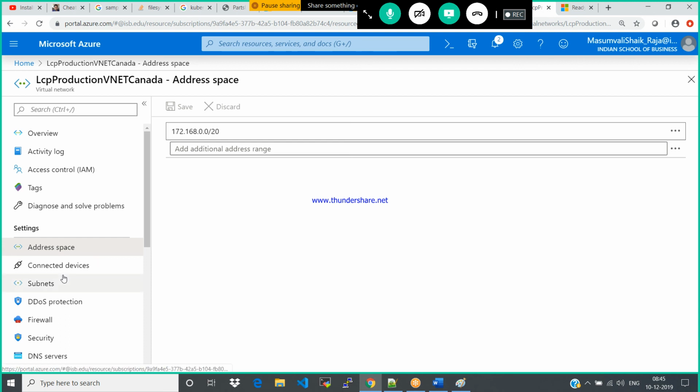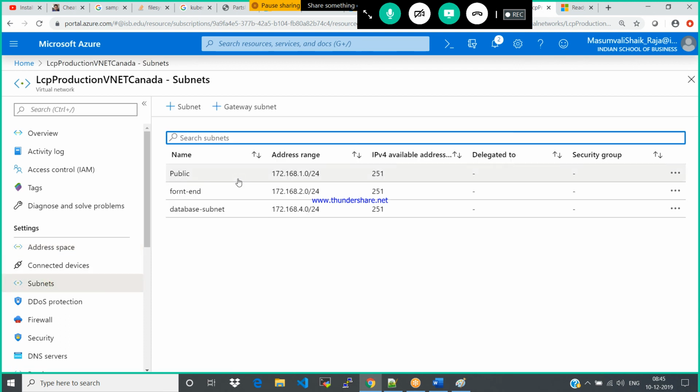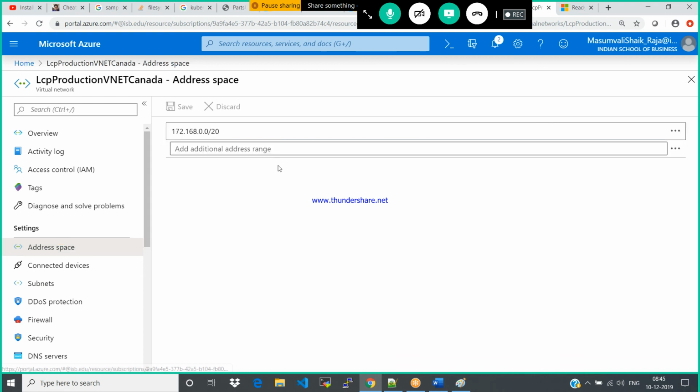Assume that I have created n number of subnets. I have utilized these 4096 IP addresses. Still, I would like to create some more virtual machines using the same VNet. How do you do that? For that, you can add some new range of IP addresses to the same virtual network. Okay, it's a very rare scenario. Why? Because we can calculate properly how many services to deploy under the particular virtual network.